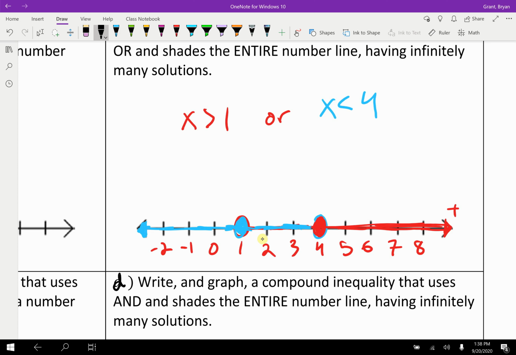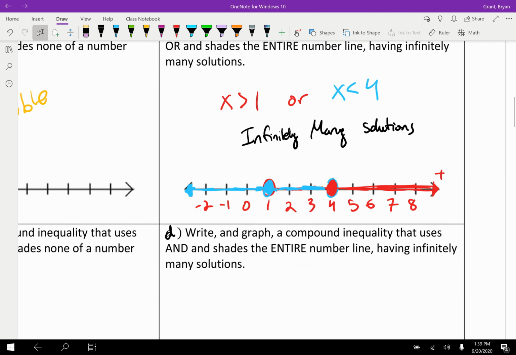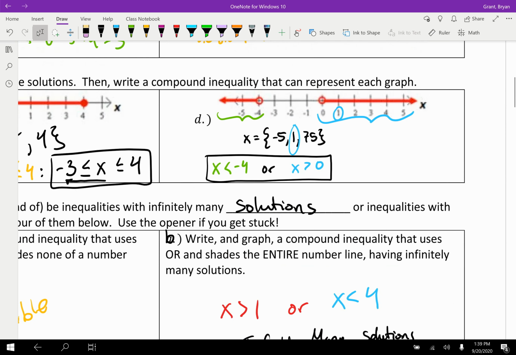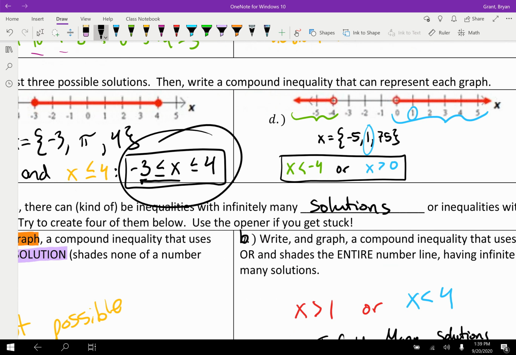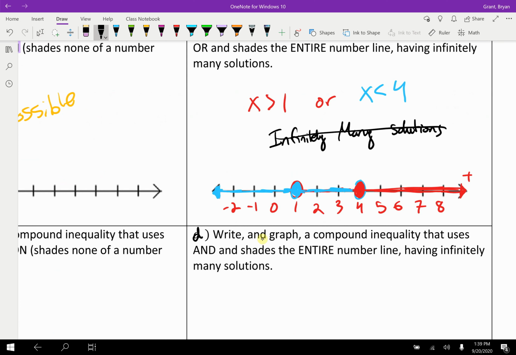So it is definitely possible to get something with infinitely many solutions. However, I don't really like writing it like this because, again, all of our inequalities have infinitely many solutions. So instead of infinitely many, because up here we might have said there are infinitely many solutions as long as the values are between -3 and 4, we might want to say all real